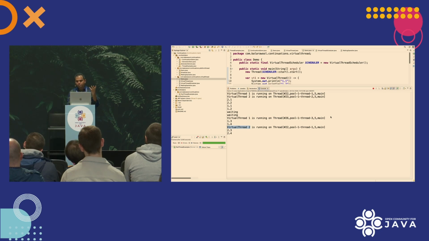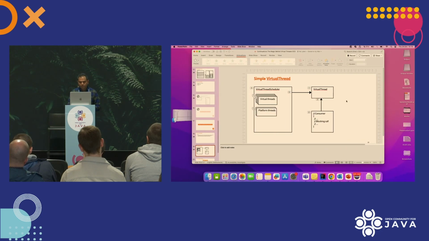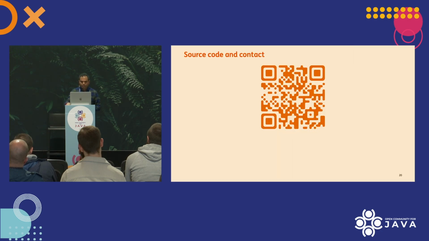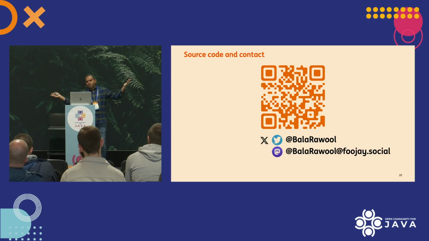I just wanted to mention that I had a demo where we compare the platform thread with virtual threads, and we see that for executing, let's say, 2,000 virtual threads of this version that we created, it finishes in 5 seconds, and with platform threads, it takes forever, like 15 minutes. So we'll skip that demo, but I just want to quickly come back to the presentation and share that you can get the source code over here, and also you can reach out to me for the things that we didn't do in this presentation, namely the generator implementation and also the comparison of virtual threads and platform threads.